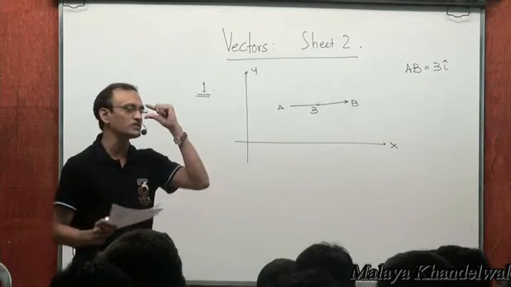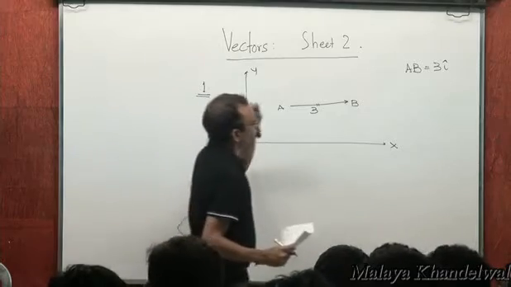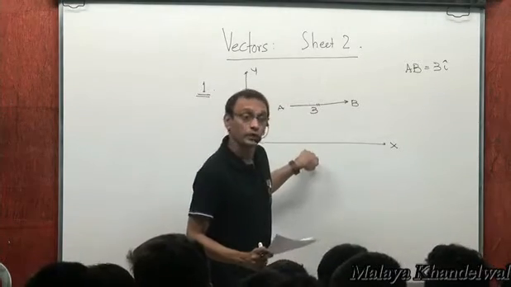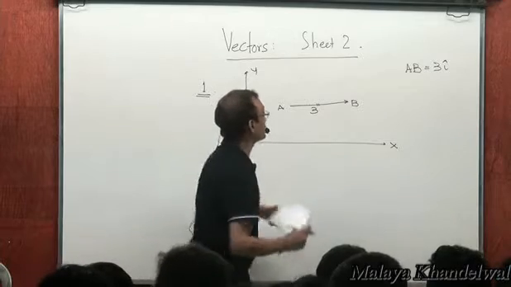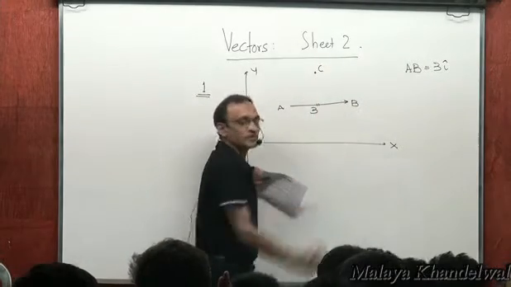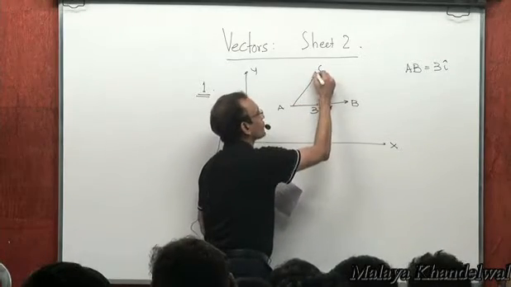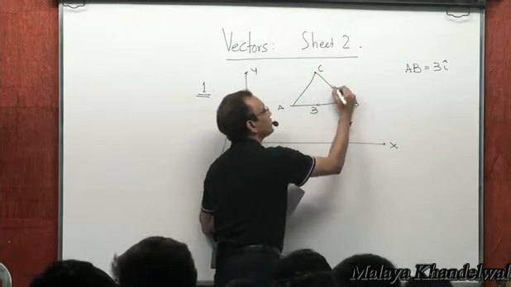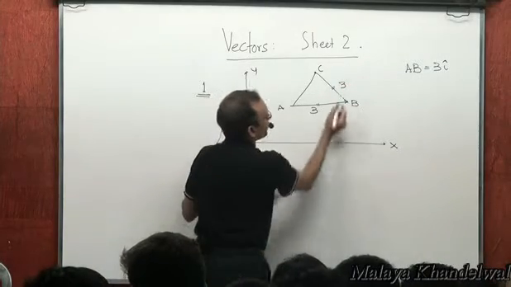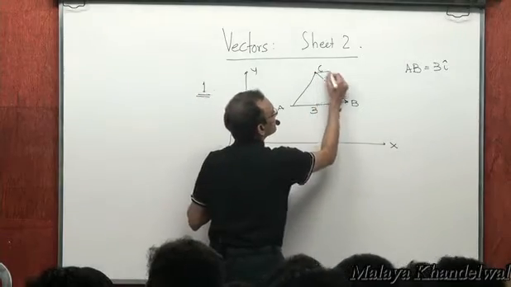That means the length of each side is 3 units, right? So the third vertex could either be above AB or below AB. There are two possibilities, right? Suppose C lies somewhere here. Then this is 3 units, right? The vector CB is like this, and